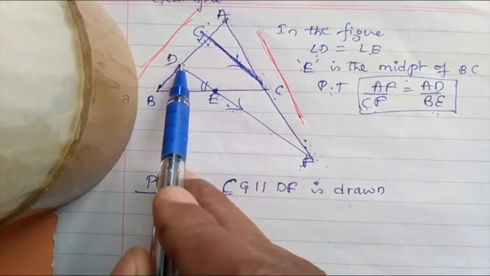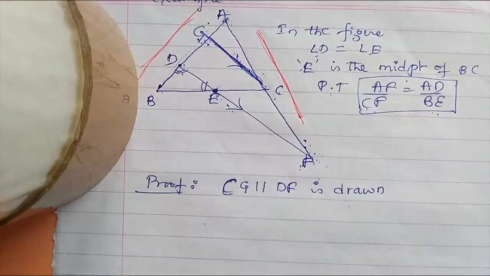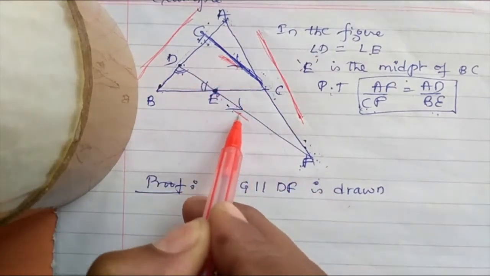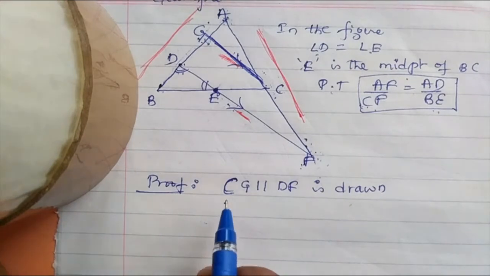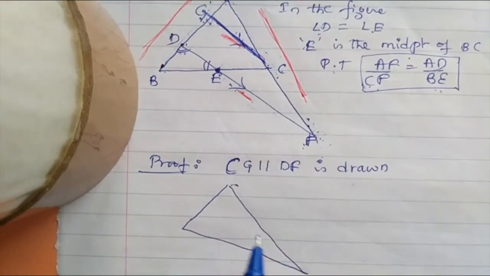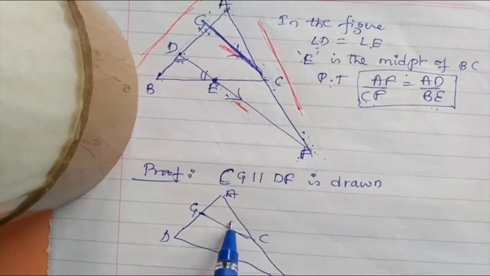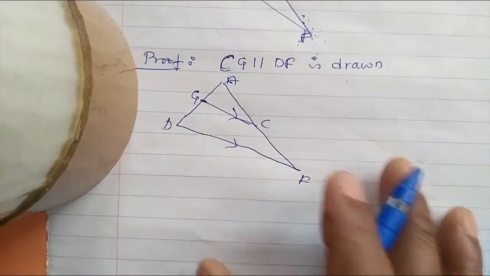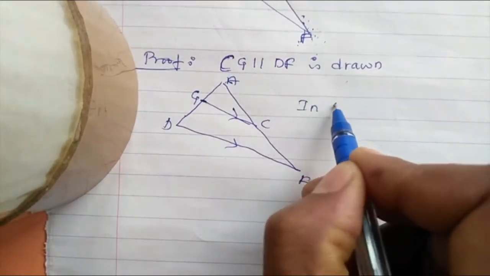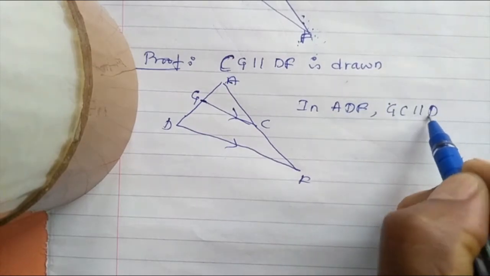BPT shape, that is ADF. Look at the ADF triangle. If you take it, two parallel lines are there. These two. So take that triangle. To avoid the confusion, you can redraw the diagram separately like this. Here GC, this is D, this is F, this is A. So these two are parallel.